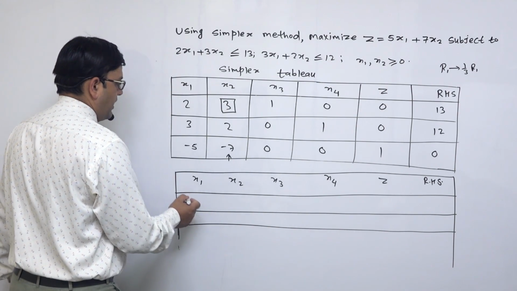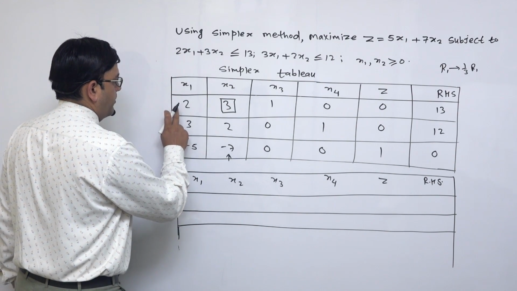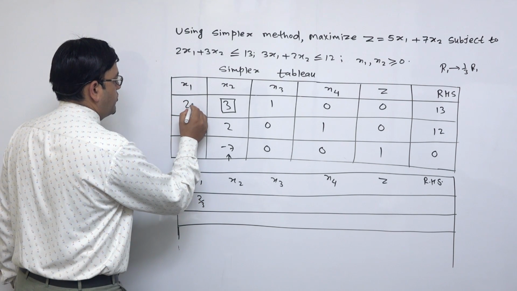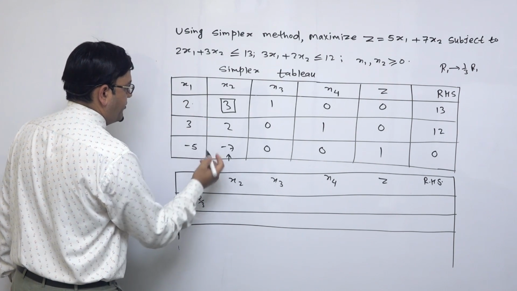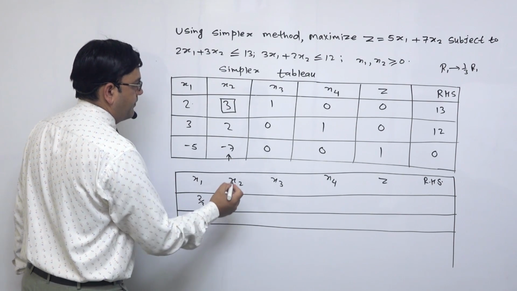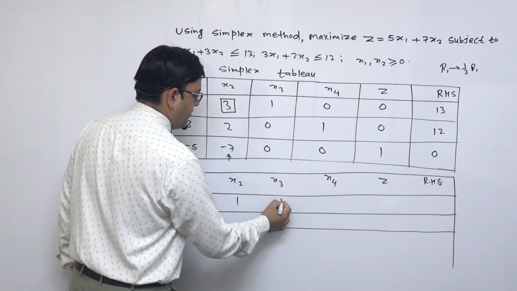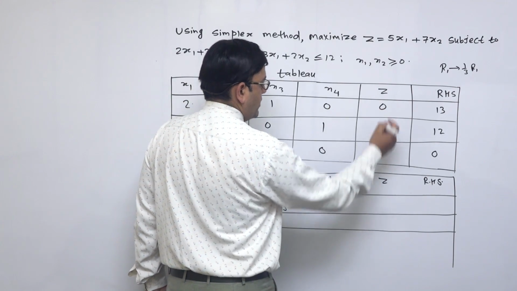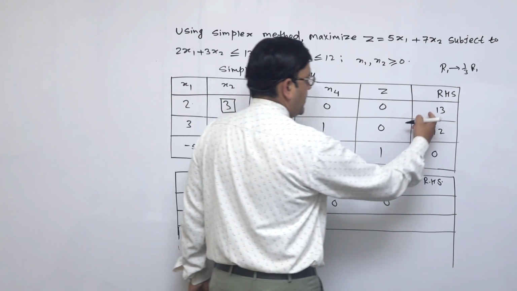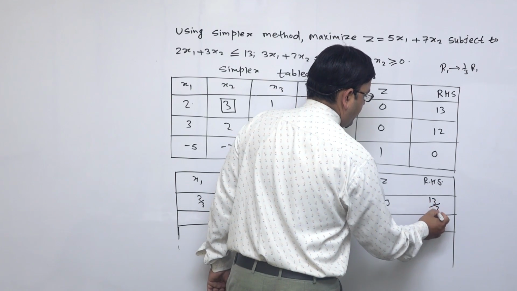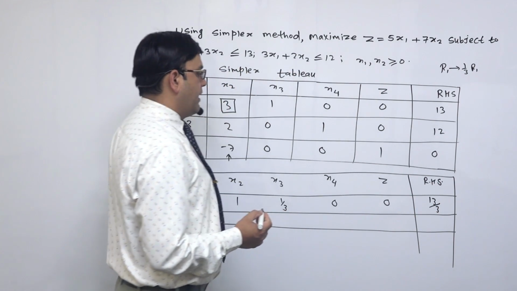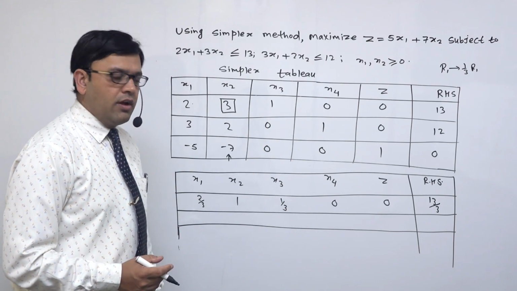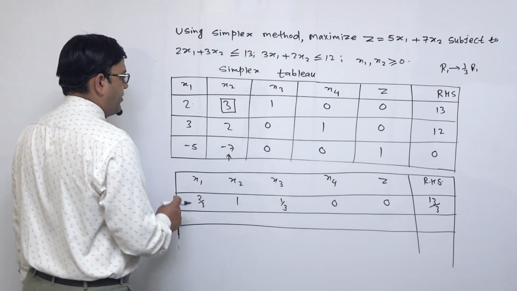हामी हेरौं x1, हामीले यसलाई change गर्नु छ, so 2/3, because 2 times कति हुन्छ त, 2 times 1/3 means 2/3. 3 times 1/3 is 1, and then 1 times 1/3 is 1/3, and then 0 times 1/3 is 0, so 0 times 1/3 is also 0. 13 times 1/3 is 13/3. यहाँ हेर्नु, हामी यसरी राख्छौं यसलाई। हामीले बीचमा यसरी कोठा बनाएर ताने पनि हुन्छ अथवा यतिकै राखे पनि हुन्छ।